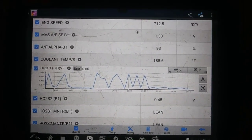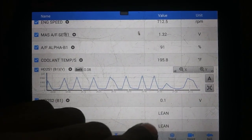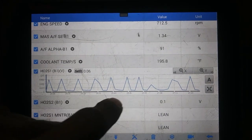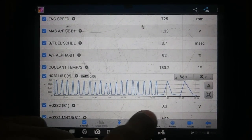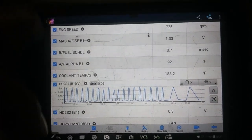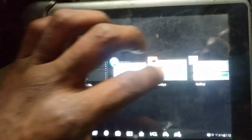So let's look at the actual readings. And from what I observed, it was actually switching from rich to lean, so it's actually doing what it's supposed to now in comparison to before. We can see that our oxygen sensor circuit down on bank 2 is actually a lot leaner versus, let's go back to the photo, versus being at 0.3. So that was a slightly richer condition. And at some time it was oscillating up to 0.7 at times too. So it just couldn't regulate those lean conditions because they were very inconsistent. Which is not a big deal now, because I'm pretty sure this will take care of our